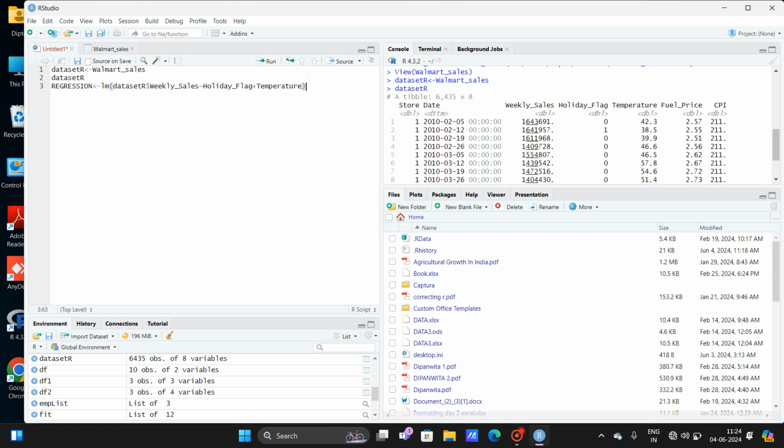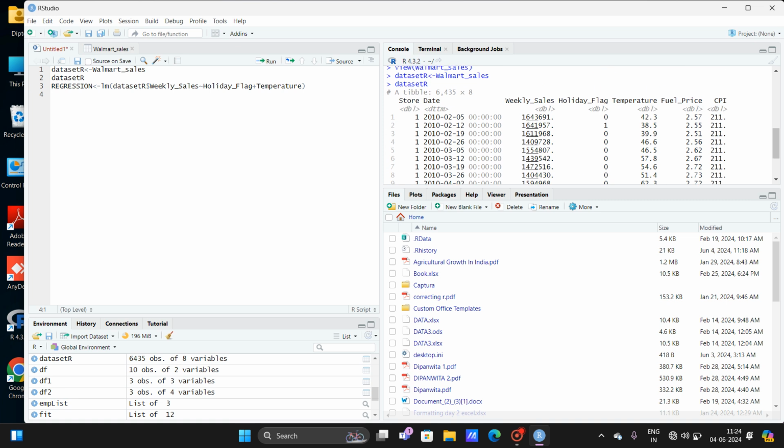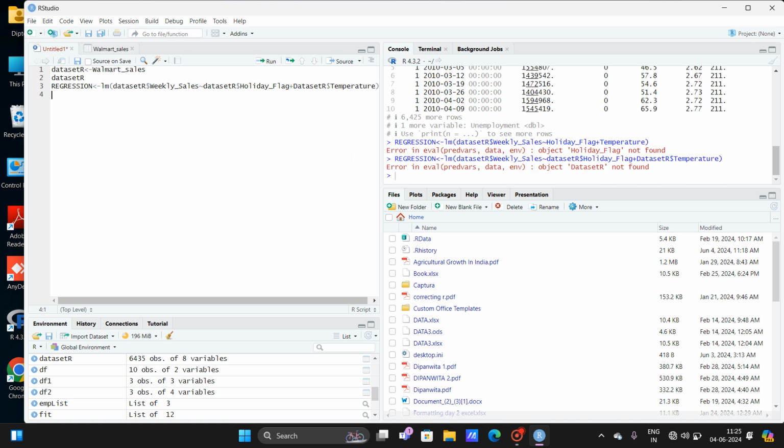Now if I run the regression, it says object holiday flag not found. We are supposed to extract all of these, so I need to write dataset R dollar holiday flag and dataset R dollar temperature. Now if I run this,